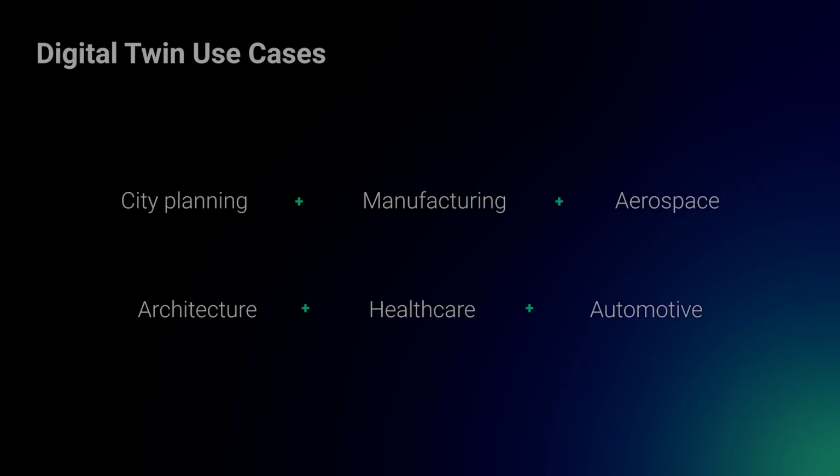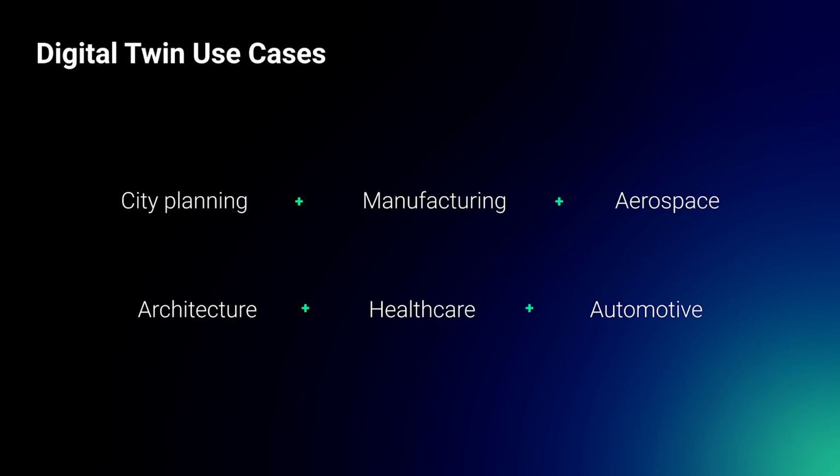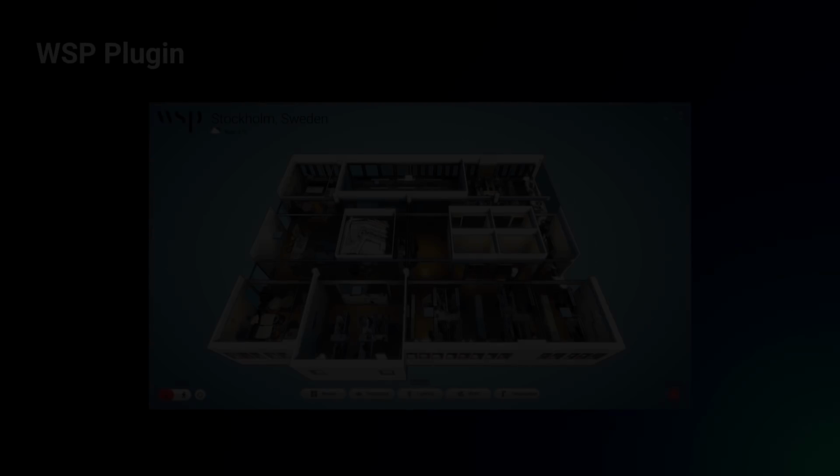For instance, they could be used to collect traffic data and improve traffic flows in cities. They could also be used in manufacturing to monitor equipment or assist in training. Digital twins have been used in aircrafts to inform when maintenance is needed, and they could also be used in office spaces to monitor airflow and temperature, which is what you will see today.